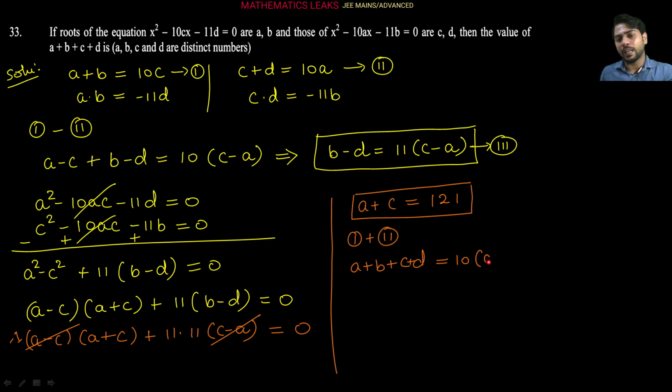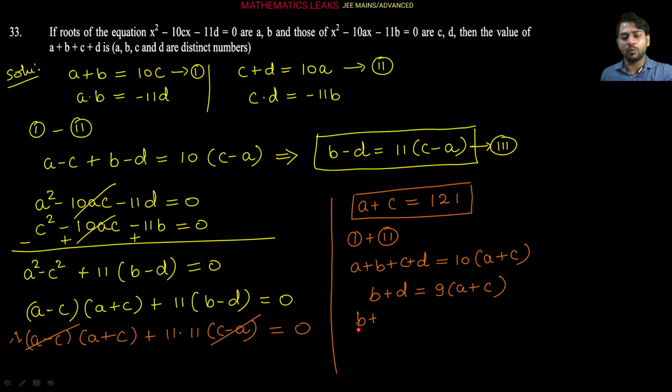10 times of a plus c, right? So that we can write down as: this given quantity b plus d we are getting as 10 times of a plus c, and this a plus c we are sending on that side, so minus of a plus c. So 10 times a plus c minus a plus c is what? 9 times of a plus c, right? So b plus d we are getting 9 times of a plus c, and a plus c